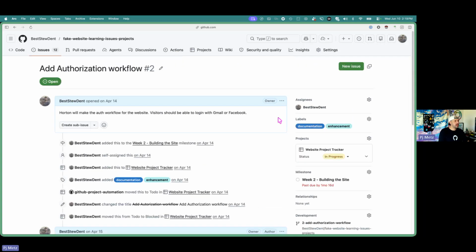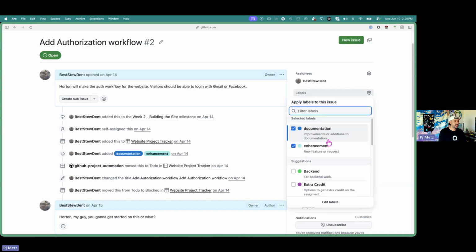So let me see over here on the right, we have assignees, who's assigned to it. And I'm the only one in this repo, so I'm the only person that you can assign it to. But everyone who's added to a repo as a collaborator who has access can be assigned an issue.